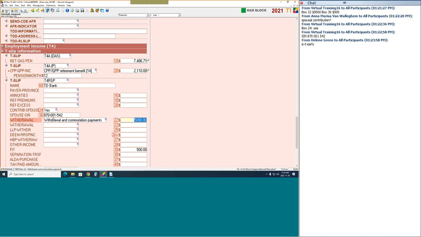Is it an early spousal withdrawal? I need to find out if Robert has contributed at all in the last 3 years. I don't have an RSP receipt for this year, but that doesn't mean that he didn't contribute in the past. So now I'm going to give you some more information, and I'm going to tell you in Jan-Feb of 2021,